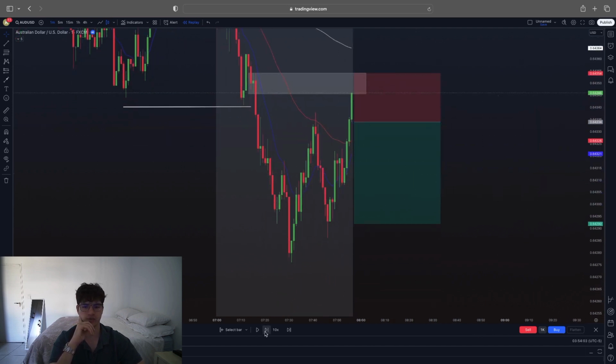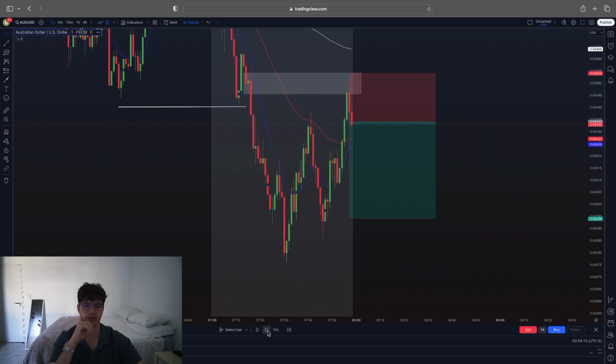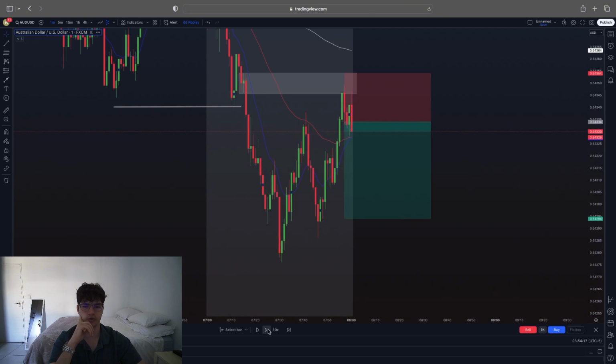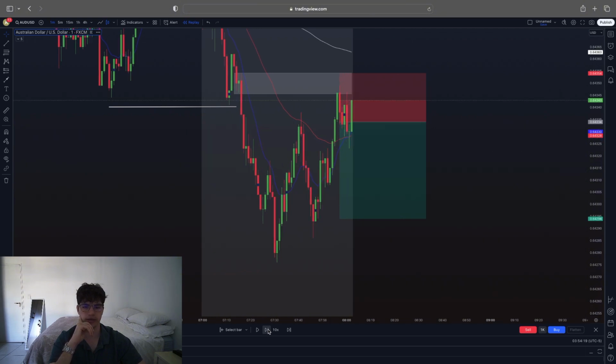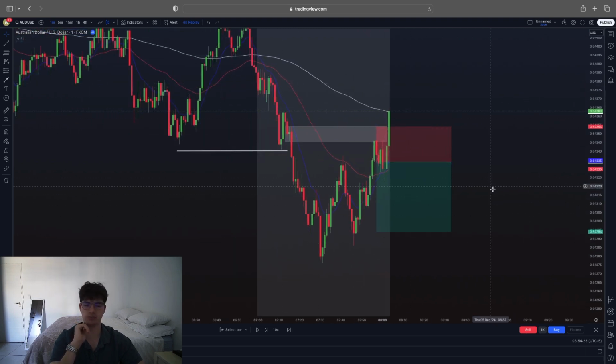And then let's see if we get entry. And we did actually end up getting entry, so the stop loss would have been perfect. We would have held for 1 to 2 just like that, and then price is playing out just the way it is supposed to. And this is actually a loss. I just want to show you guys what a loss looked like, but this was just a beautiful trade, A+